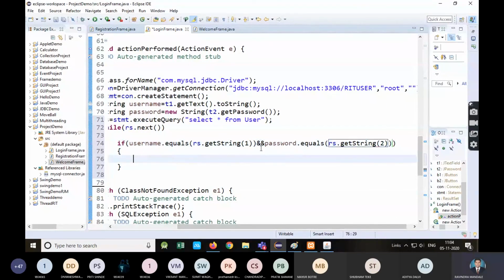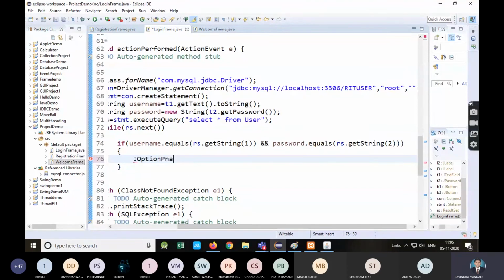If these two conditions, both fields, username and password should match, then only you can say that that user is a valid one, that is an authenticated user. If this condition is true, then only you can display one message, your login is successful.